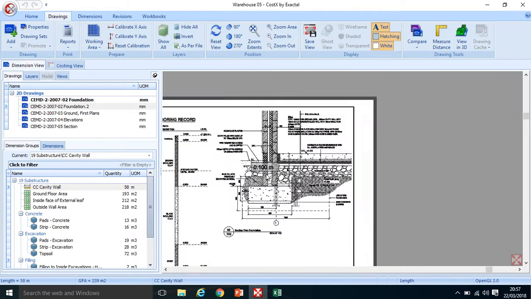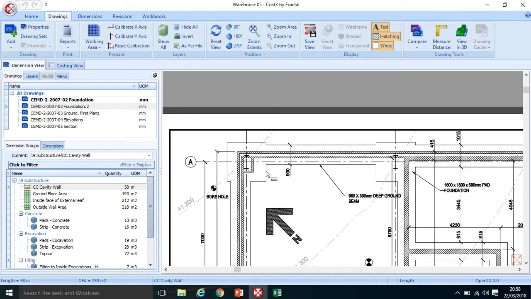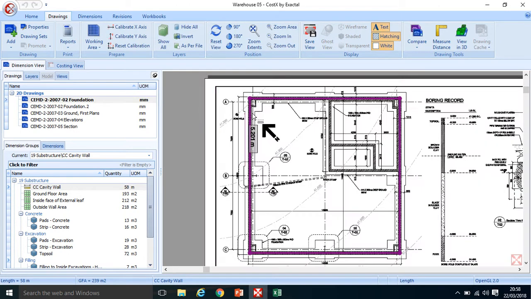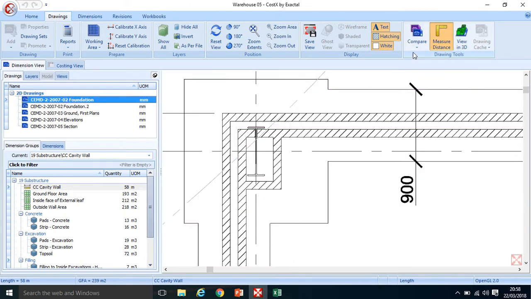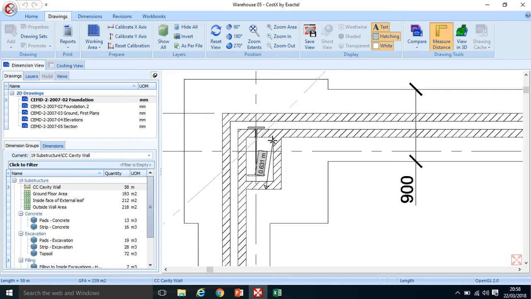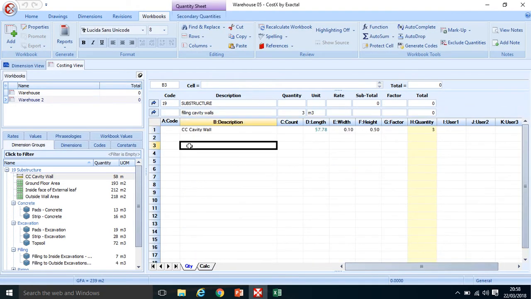Now, if I go back to my dimension view, I do have filling in these corner areas as well. So I've got 4 corner areas there. In fact, I could do a little manual measurement on it. That's the wrong scale, I probably need to do that particular one. So click the little measure distance, 0.34 or 0.35, and say 0.55. So going back to my costing view, double click back in, I'll just add those corners